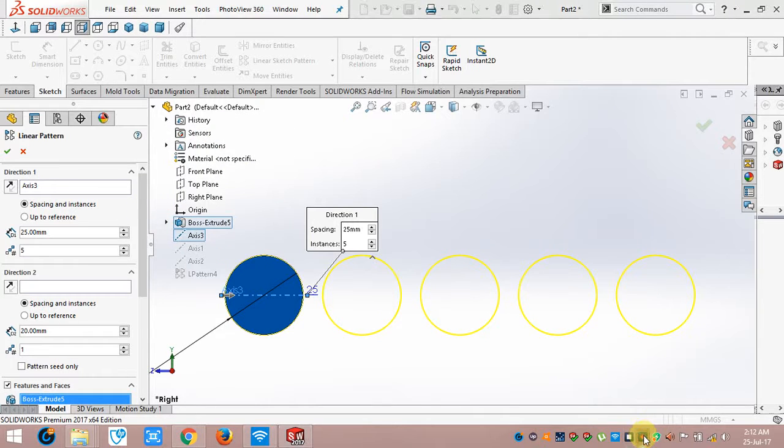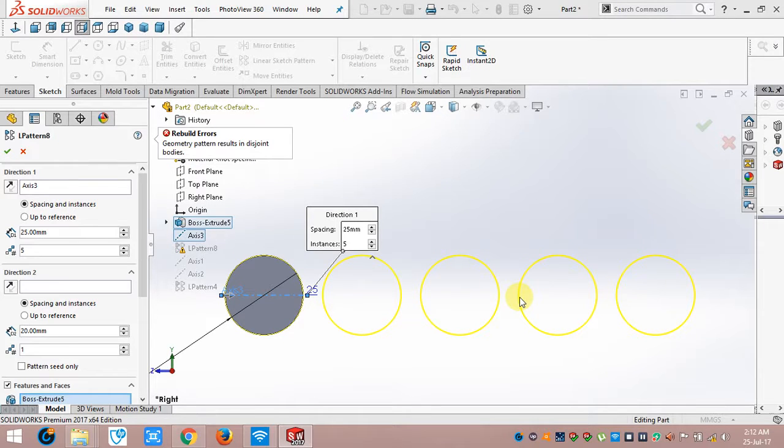So if I click again, if you have missed, it says that the geometric pattern results in disjoint bodies. So the thing is that I basically can't make a linear pattern of any 3D elements if they are